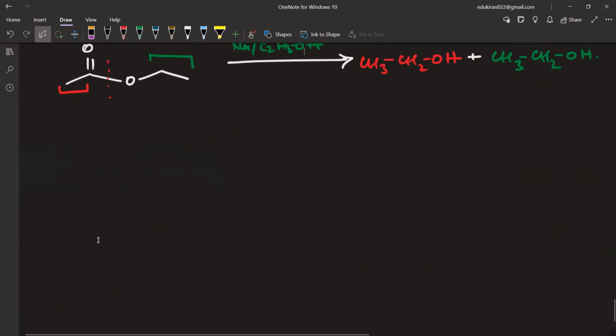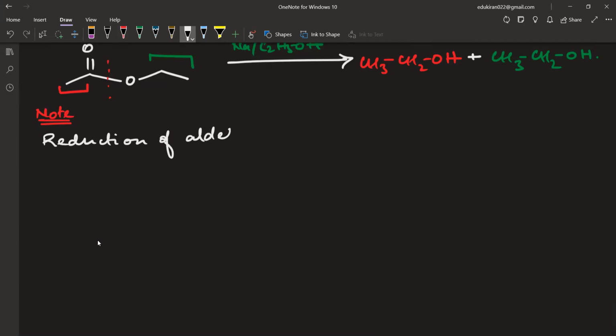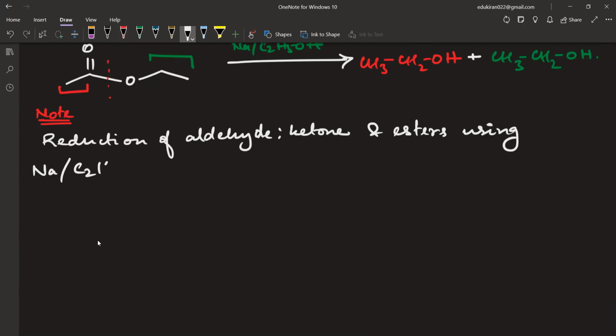Right, next. Write a note first. Please write. The reduction of aldehyde, ketone and esters using sodium in ethanol. Sodium in the presence of ethanol